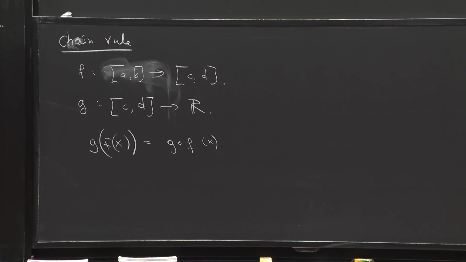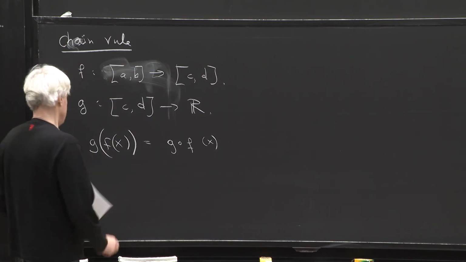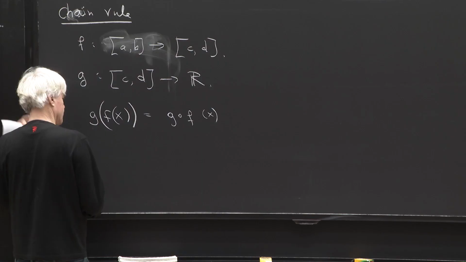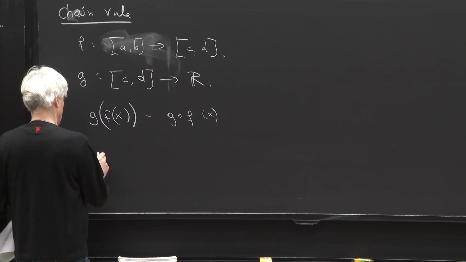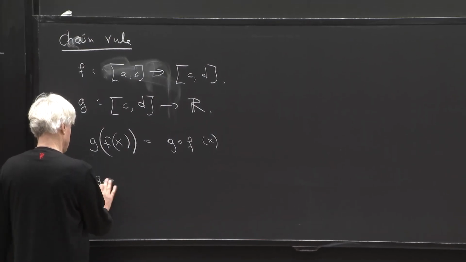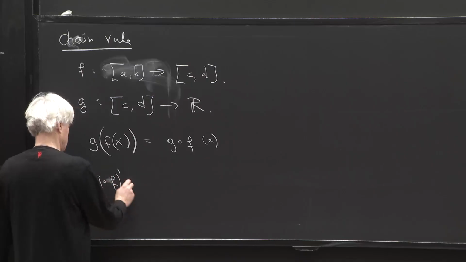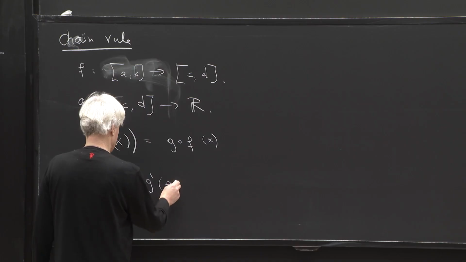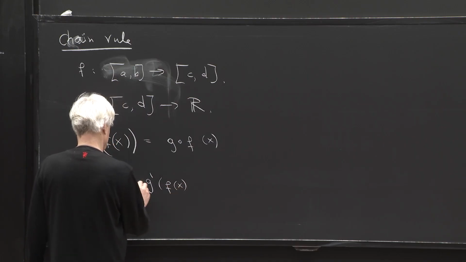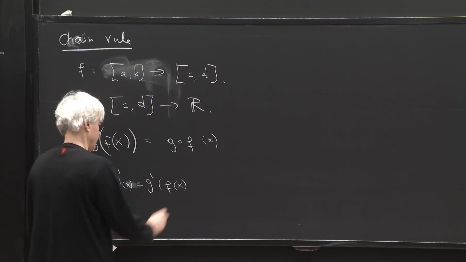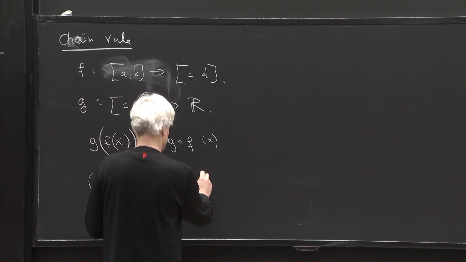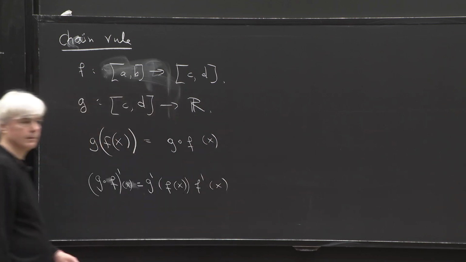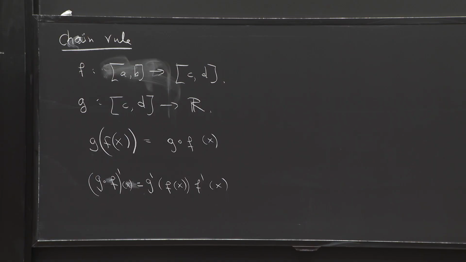And the chain rule was that if f and g are differentiable, then the composition here is also differentiable, and the derivative of the composition is the derivative of the second function evaluated at this point here times the derivative of the first in x. So this was the chain rule. Okay, that was just a quick recap. And now,